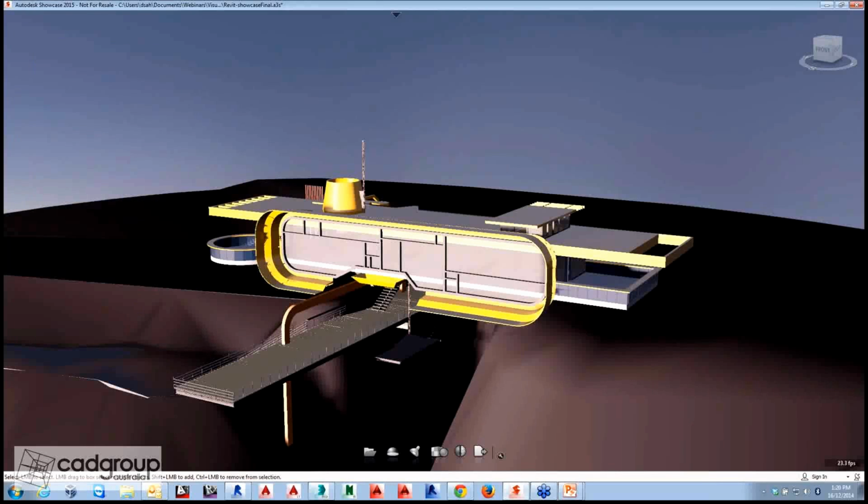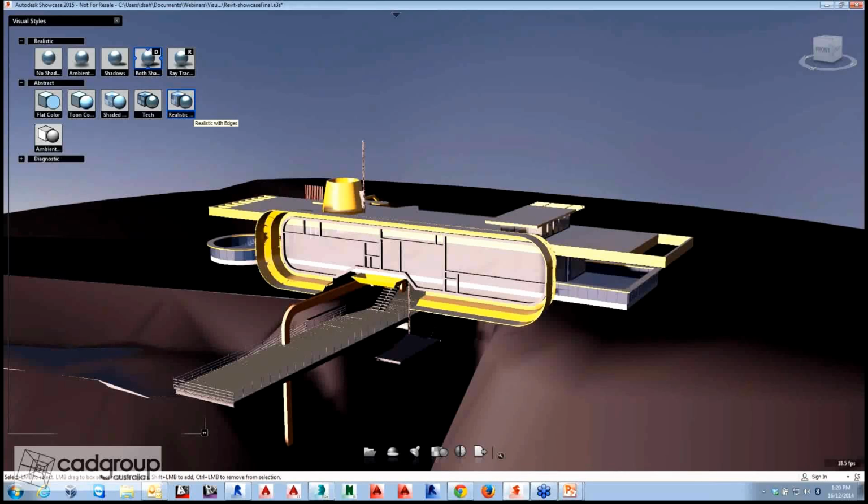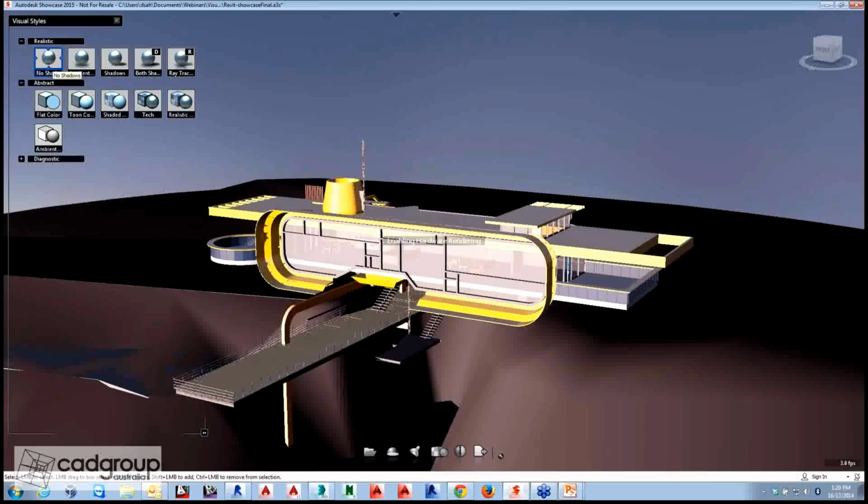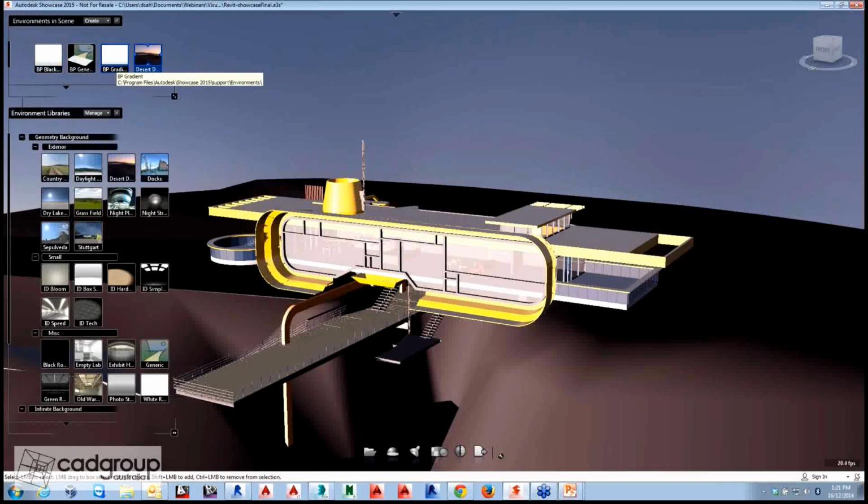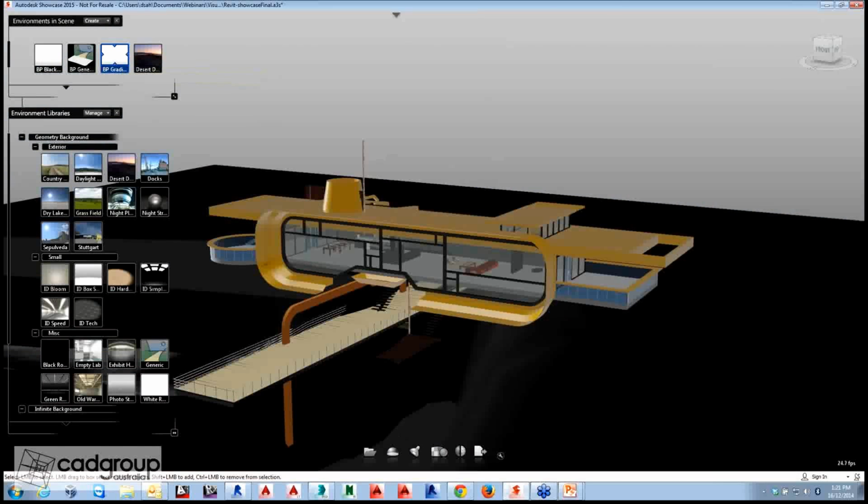The next feature is to quickly change the visual style of the design. So I'm pressing V on the keyboard, and I can simply select some of the pre-defined visual styles. So I can simply click on a visual style called realistic with no shadows, and there won't be shadows in the scene. Now let me quickly change my environment back to gradient,